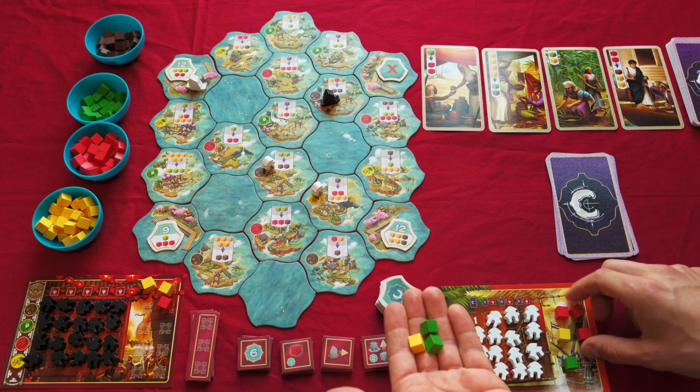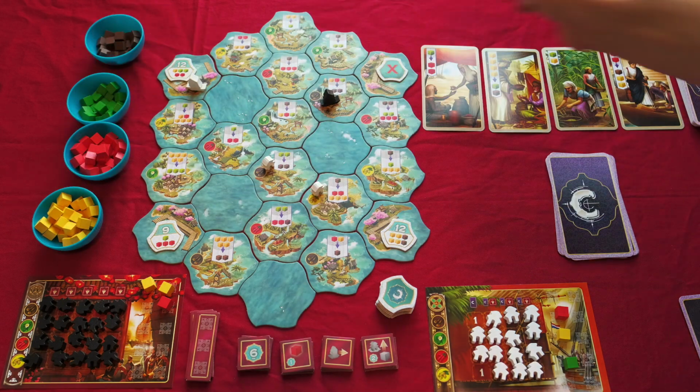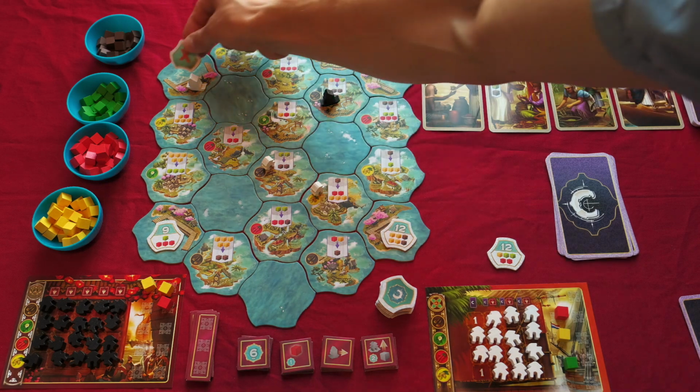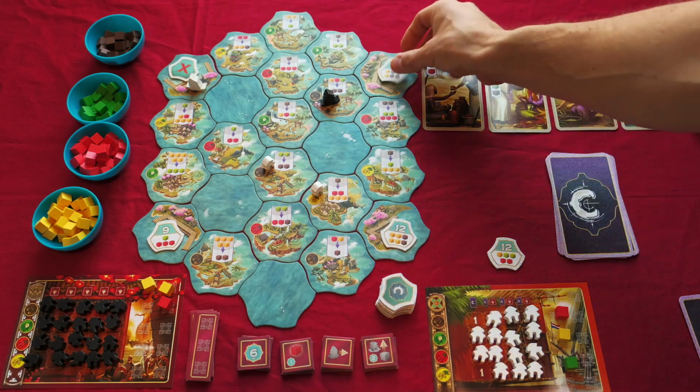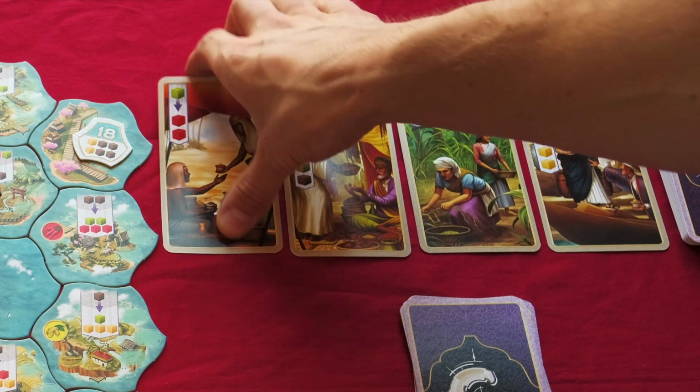and now I can spend my cubes here and take this 12-point tile. Yay, it's mine. This again goes over there. This comes out. Boom. Another action you can do, just like in Century Spice Road, you can take a card